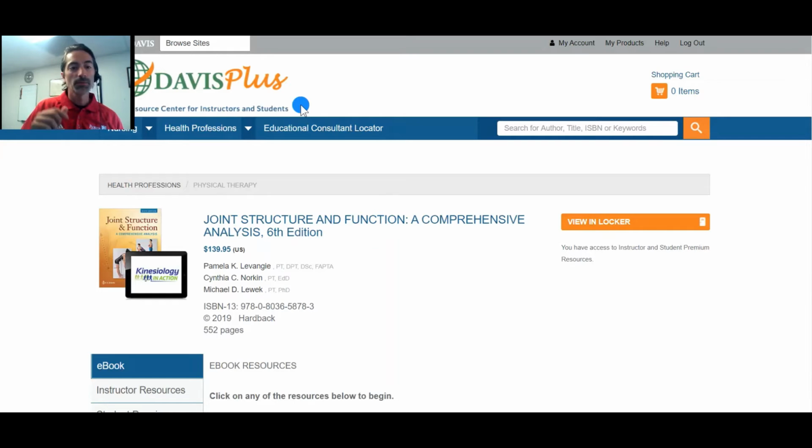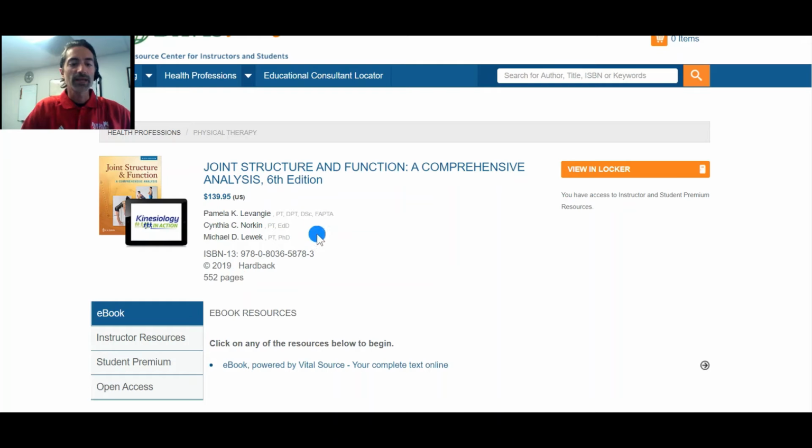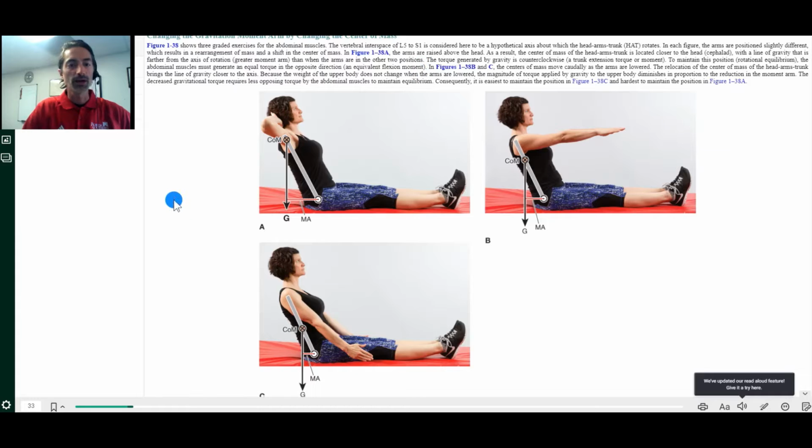One strategy that people like is using Kinesiology in Action, which is the code that comes with a new version of the textbook. I also believe if you rent a new version, you can get this. It does give you access to VitalSource, which is a way of seeing the textbook online. So if you want to search things, I did pull out this picture in particular,